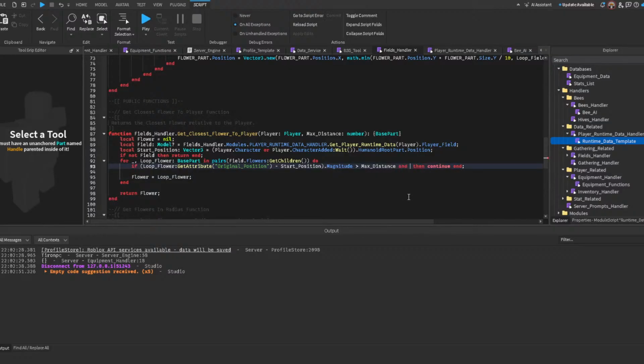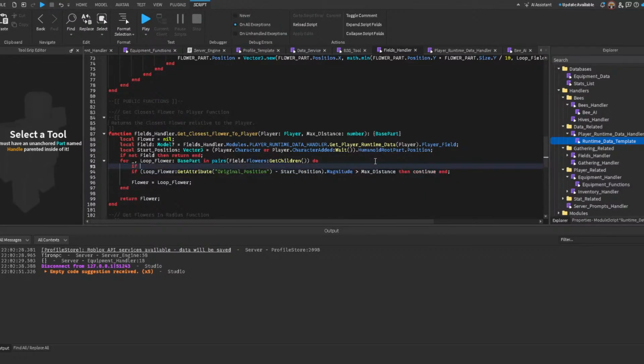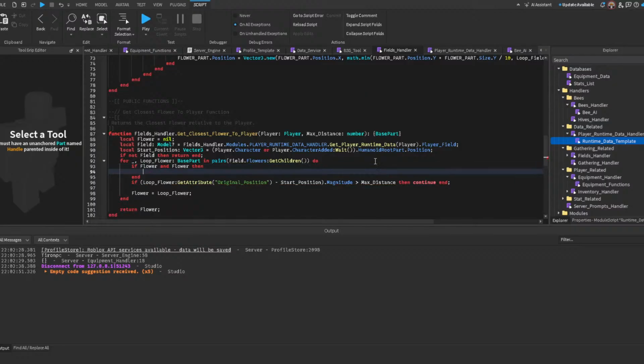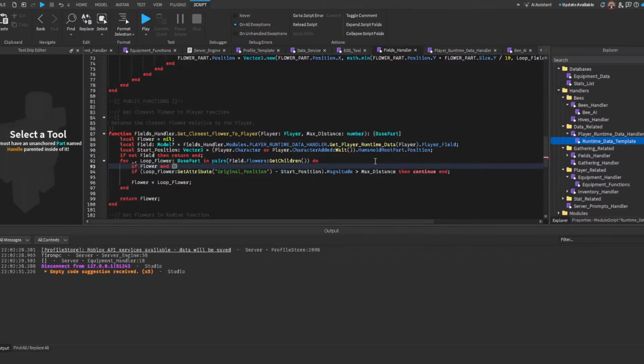And wait, so if flower and flower position minus the start position is less. Actually,